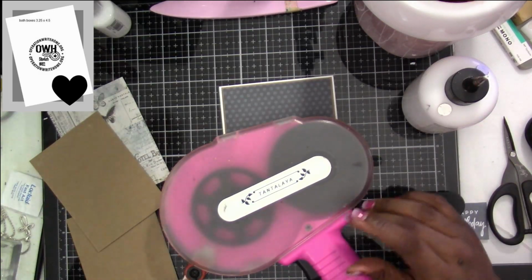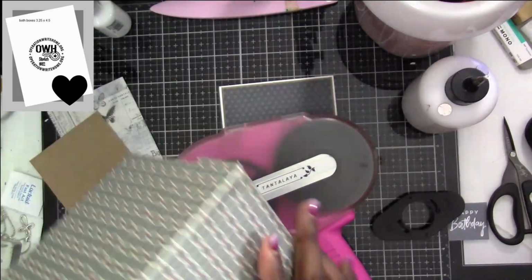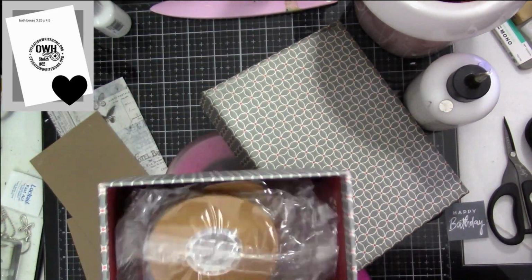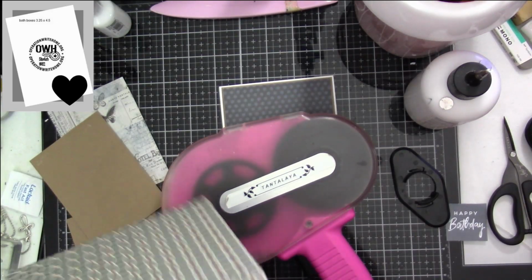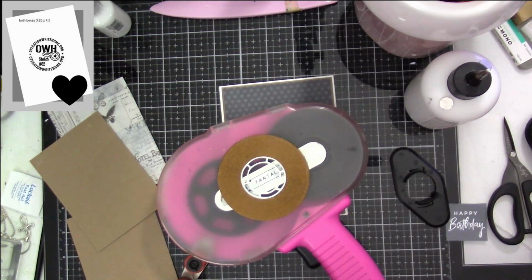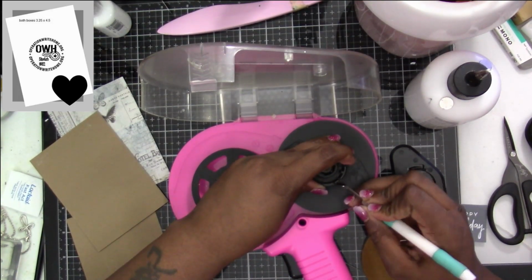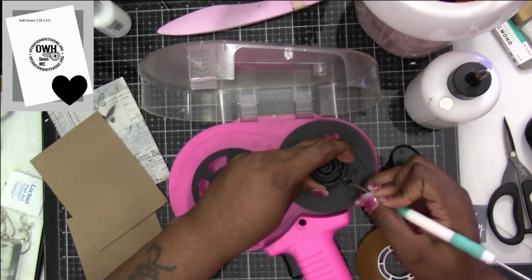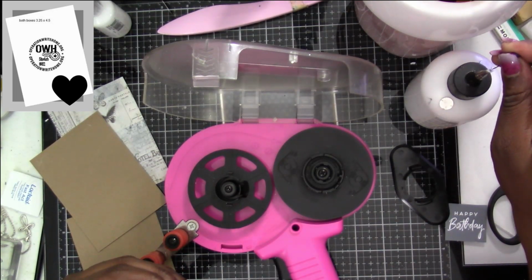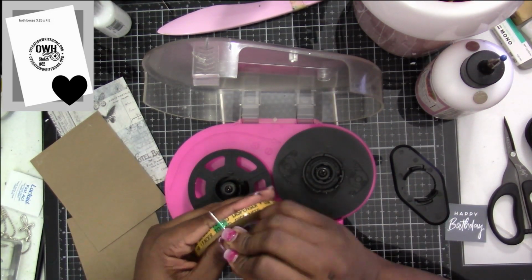And then I keep my extra ATG tape in one of those photo boxes that you can get at any of the box stores like AC Moore or Michaels. I keep the ones in plastic in there, and then I have a bunch that I have out from a previous purchase. I kept them that way because I wanted to use up the ones I had first before I got into my new ones. I have a little spot over here on my desk where I keep my extra rolls out, so that when I run out during filming, I can just grab it real quick. I had just used my last one and didn't replenish,